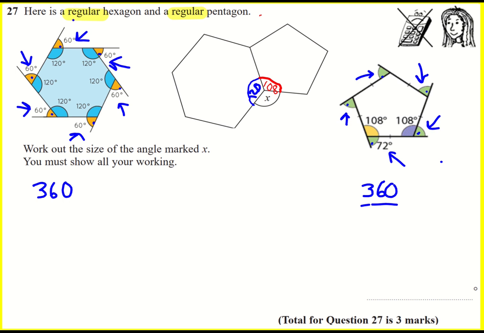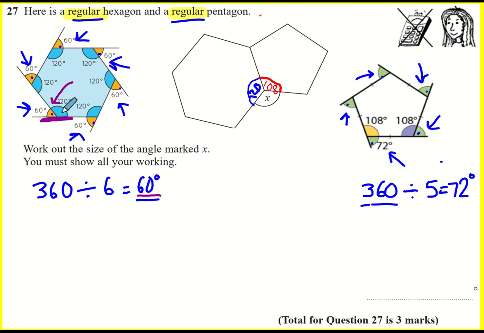But again, because both of these are regular, I can just divide by the number of sides that we have. So here, divide by 5 to get me 72, which is why the green angle there is labelled 72. And over here, divide by 6, because I've got 6 orange angles, which gives me 60, which is why you can see the orange angles labelled 60 there. Okay, how does that help us? Well, once we've got the exterior, we can work out the interior by just doing 180 degrees take away that exterior. So I do 180 take away 60, and it would leave me with my